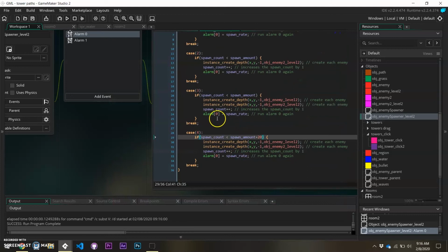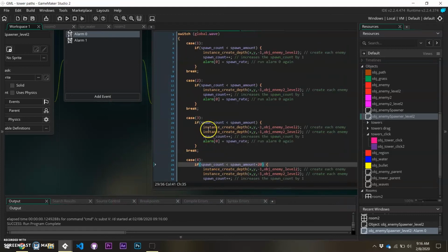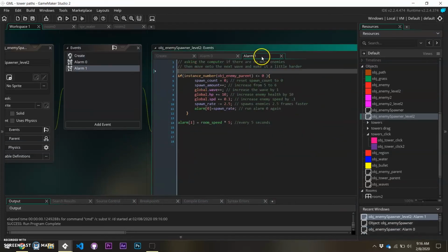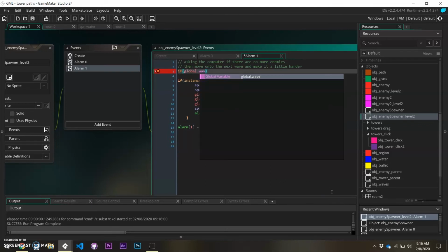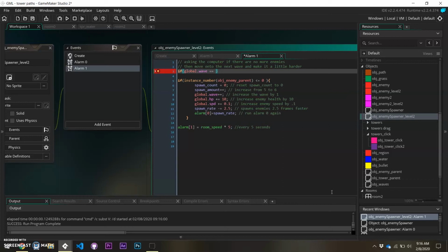And so I have 4 cases here. And I can now go to alarm 1. And I want to add in a little bit more logic here to do this. So I'm going to give myself a little space. So right there, I'm going to say if, and in this I want to say if global.wave is equal to 4, and if I have no enemies, so instance